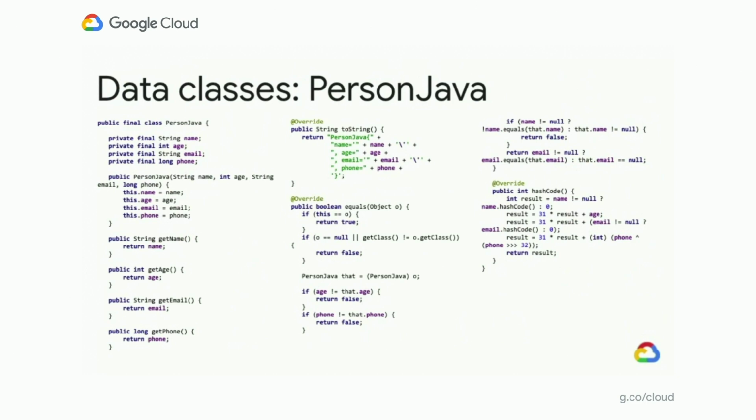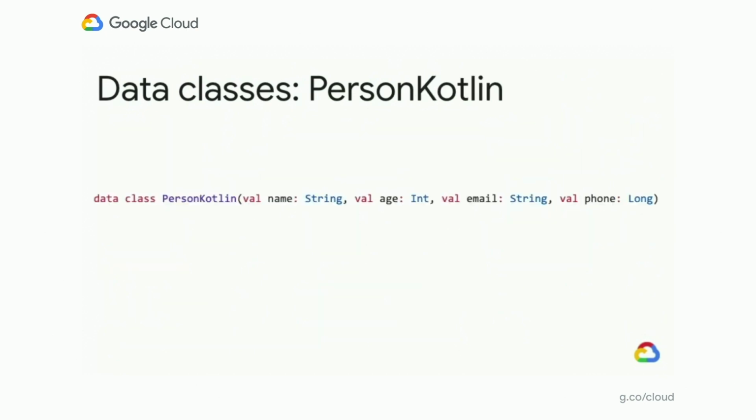Lastly, I wanted to bring the concision point to life. This is one of the reasons that people seem to enjoy programming in Kotlin the most. So what you see here is a plain old Java object that you might notice has a lot of boilerplate code, Person.java. So it has getters, setters, an equals method, hashCode, and a lot more. It might look familiar to you. Now here's the exact same